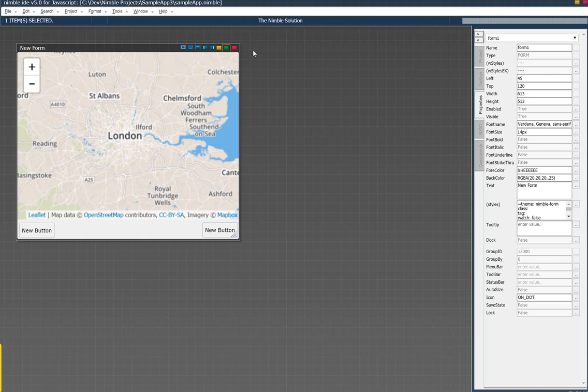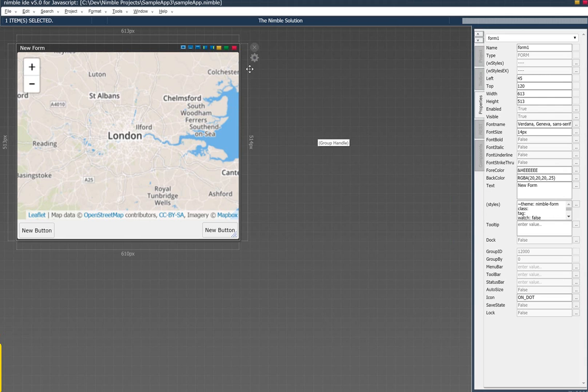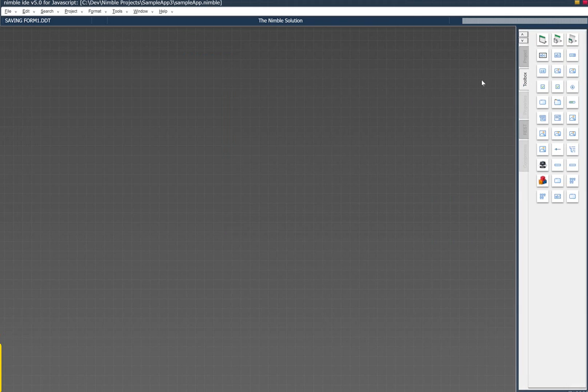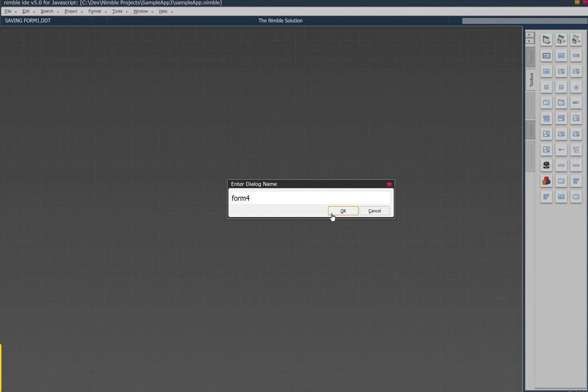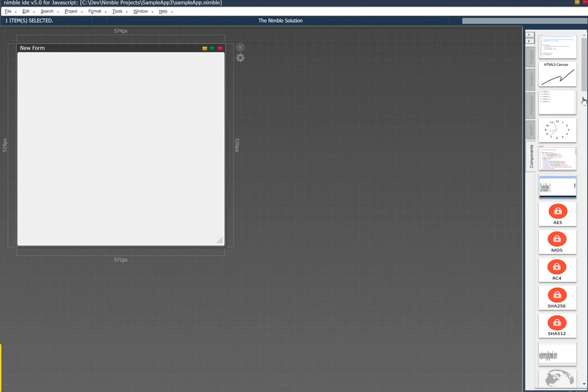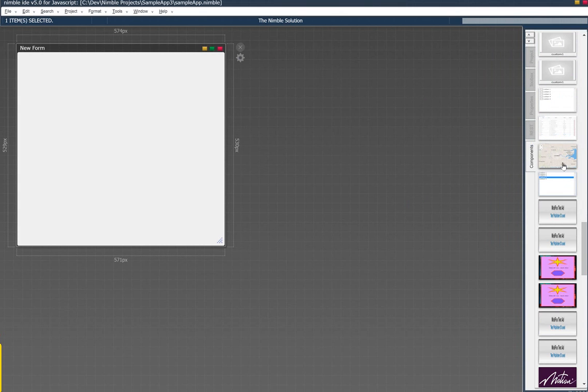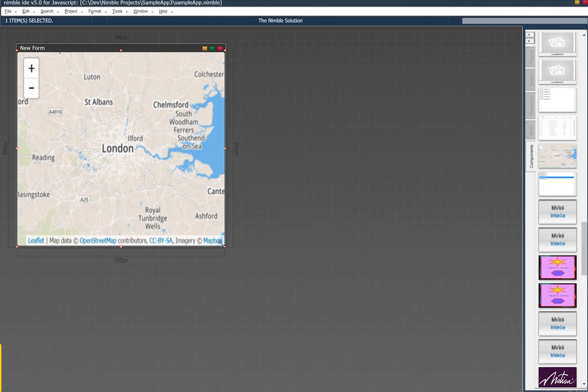Along with the topic of Lyft and Uber, I wanted to show you a quick map build component. This is a sample. I will build one for you right now. So if we take a blank dialog, and let's say we were going to build a map style Lyft application. I have leaflet.js as a component. We'll bring this component in, size it to the full screen,